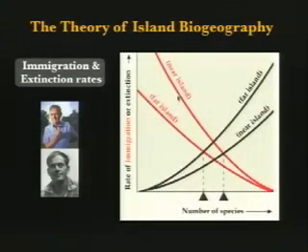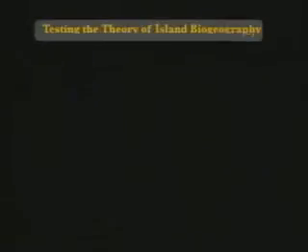Distance of island, the distance effect. Near islands are going to accumulate species by immigration faster than far islands because they're closer. If you shoot out a bunch of species from a mainland, they're going to hit the near islands with greater likelihood than they are going to hit more distant islands, just by chance. So nearer and bigger is going to be colonized more quickly than farther and smaller. Replacement rates, we'll get into more of it in time.